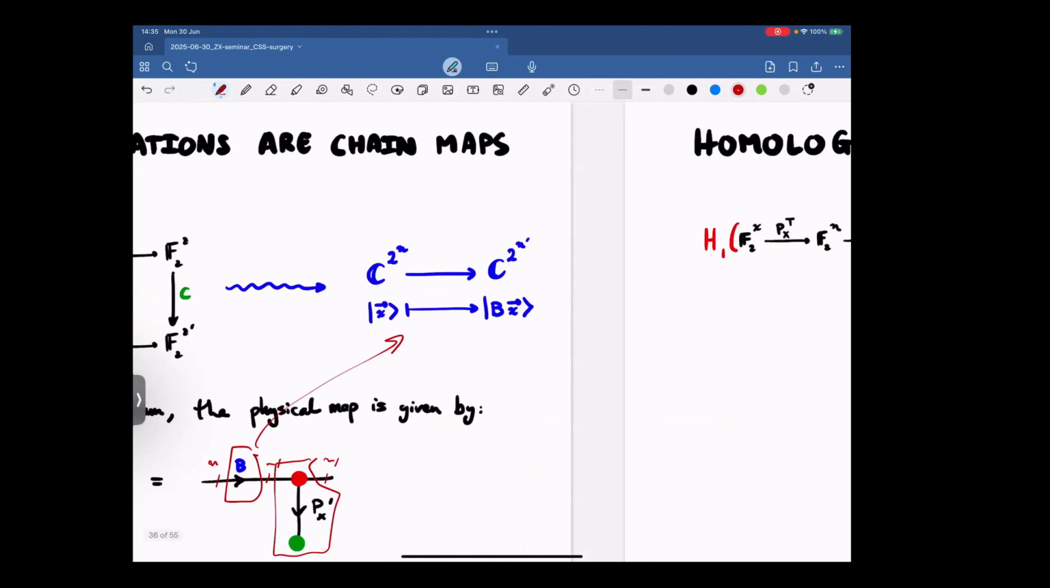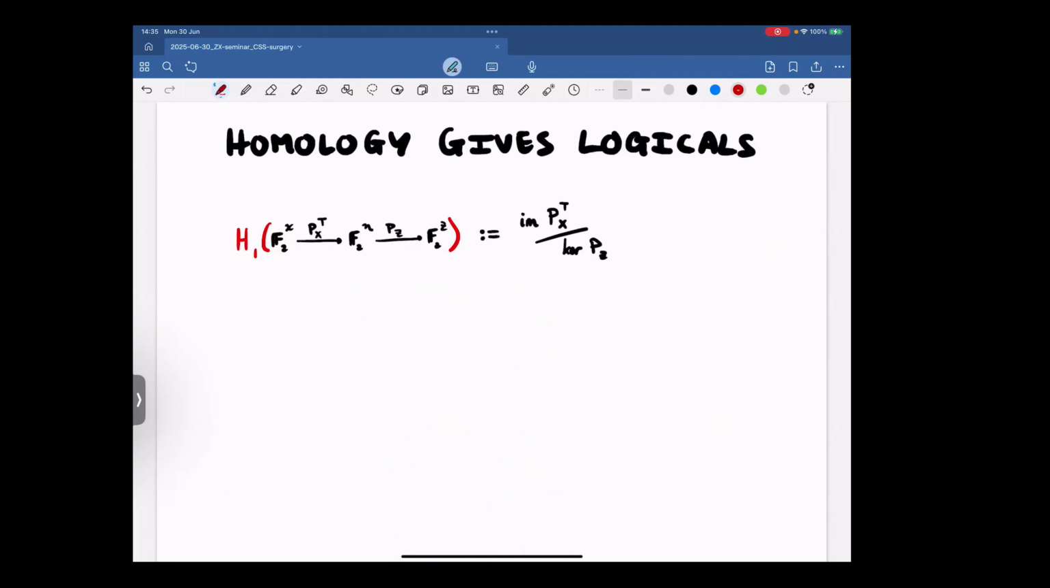Cool. Now we can say quite a lot more about this homological framework. Firstly, there is this natural operation that appears throughout homological algebra, and it basically gives its name to the entire field, which is this construction called the homology. So if I take some chain complex here and I apply the following operation, that is, I take the image of this matrix PX transpose, which are precisely the